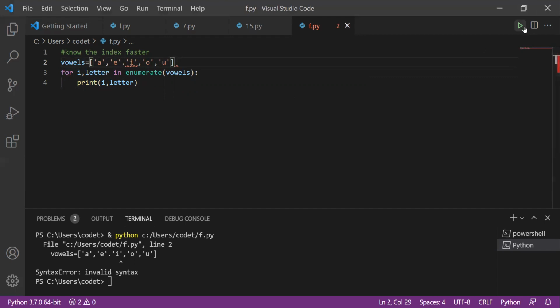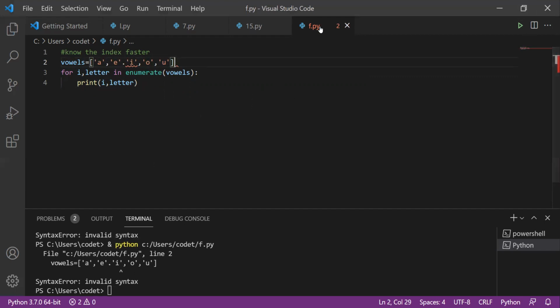Let's try it again. I think most of the people have not observed the thing which we missed here: we put a full stop. That's the reason we are getting this.